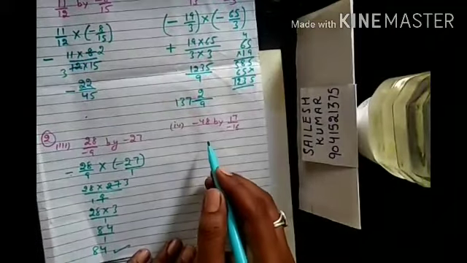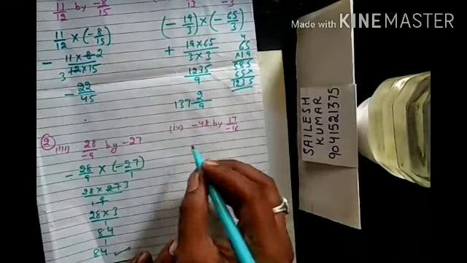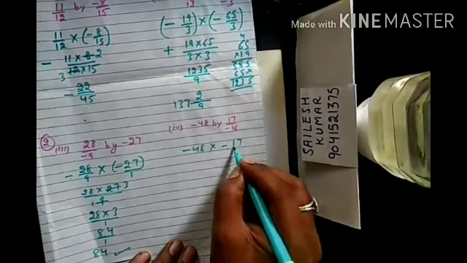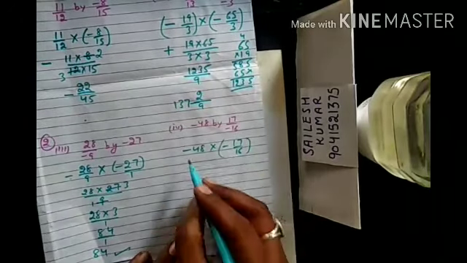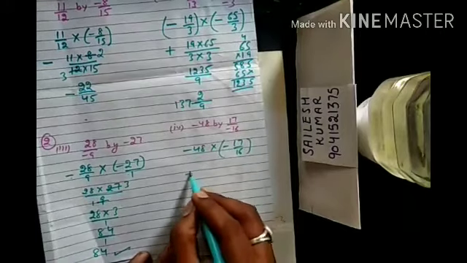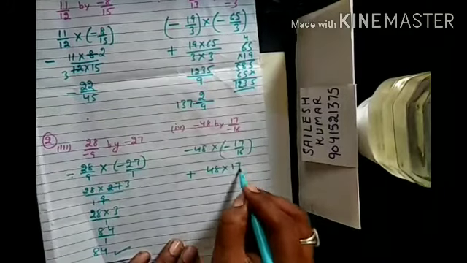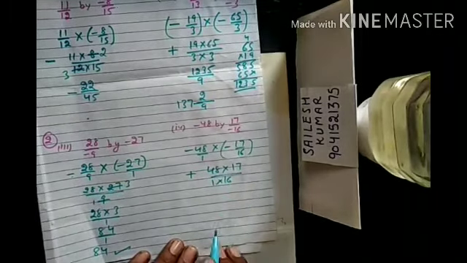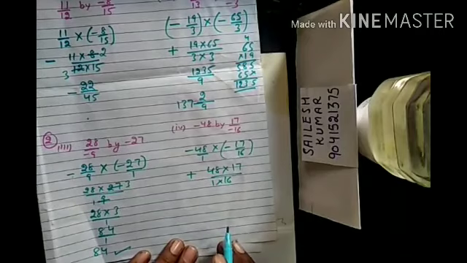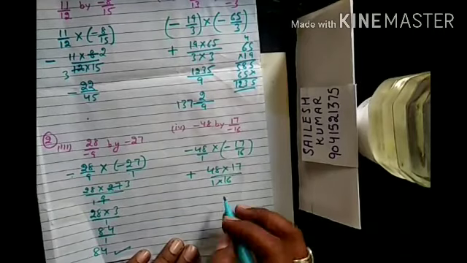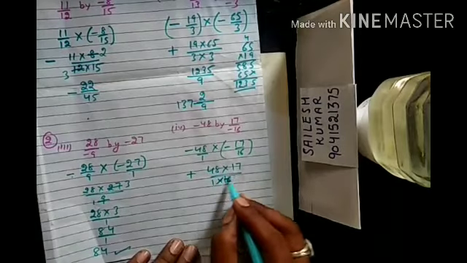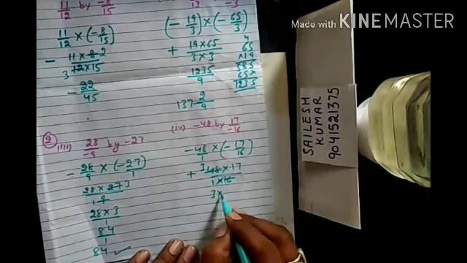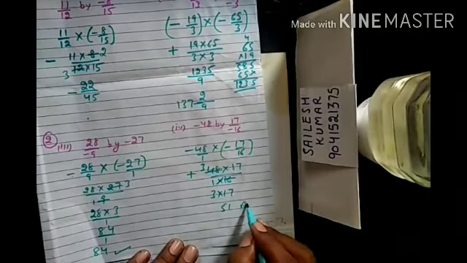Similarly, question number 2, part 4: minus 48 is to be multiplied by minus 17 by 16. I will write this in brackets. As we know, minus and minus make plus, therefore I will write the positive symbol and 17. Here I will convert this into a rational number by writing 1 in the denominator. Now I will see 16 and 48, these are divisible by the 3's table. So 3 multiply 17, that is 51, is my answer.